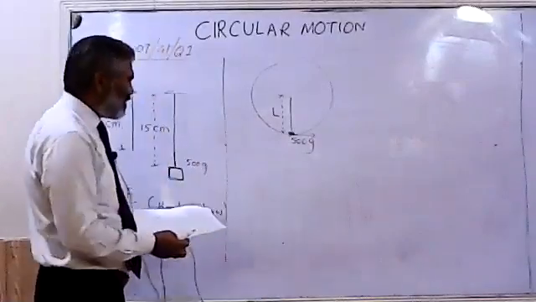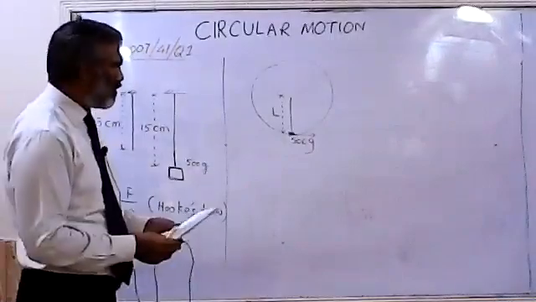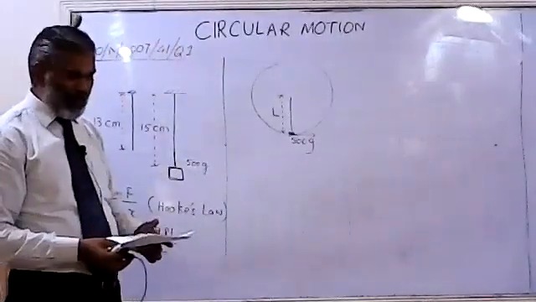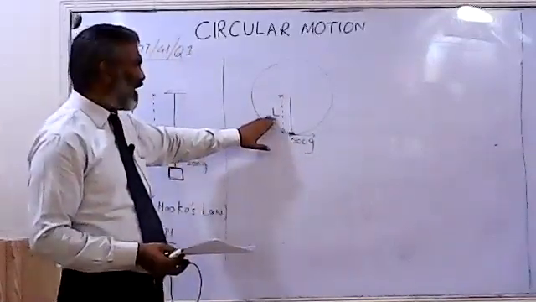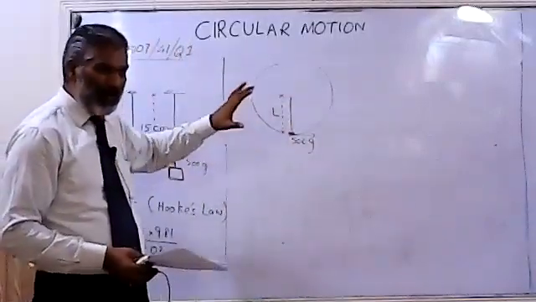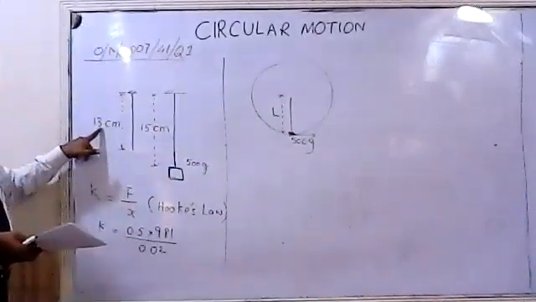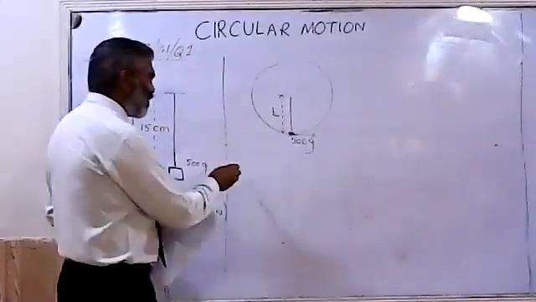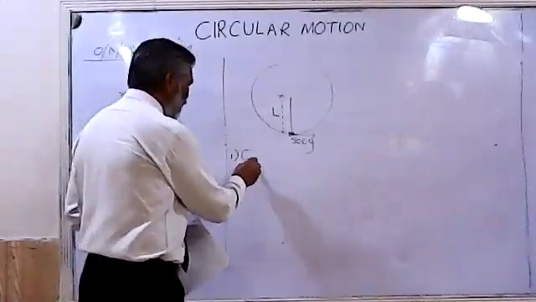The question is about calculating this length L. What is the final length of this when we give it a whirl? An important thing to remember is that L will have its maximum value at this position, because when it moves to the top, the tension in the string reduces, probably becoming 0, and then it comes back to its same unstretched length, 13 centimeters. If they ask us to calculate omega for this purpose, the first thing is to calculate